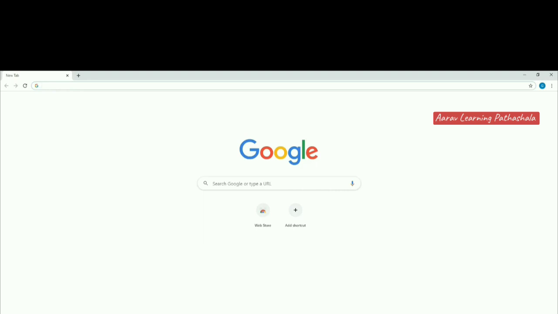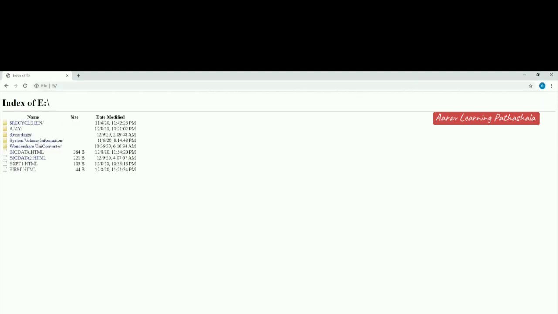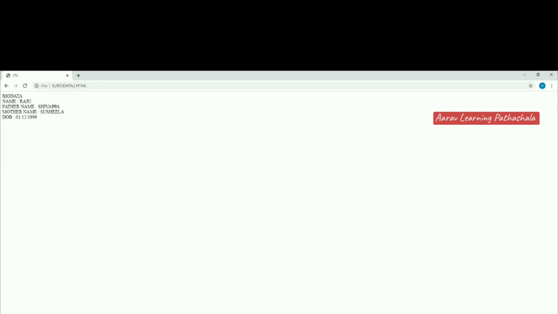Here we have to write the file or path location of the file. So here let me search for the file. I have saved it under E drive. I am writing E drive. Here I am finding biodata2.html. I am clicking on this, so it displays the information.